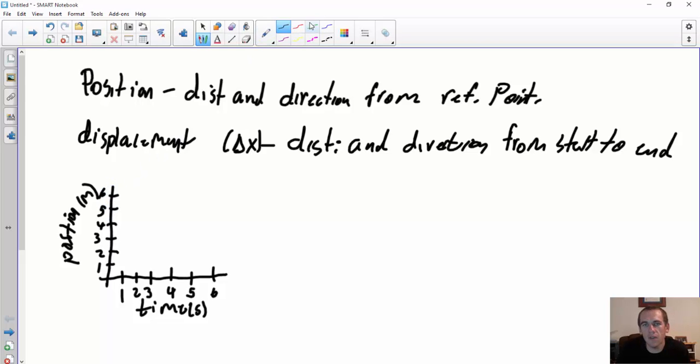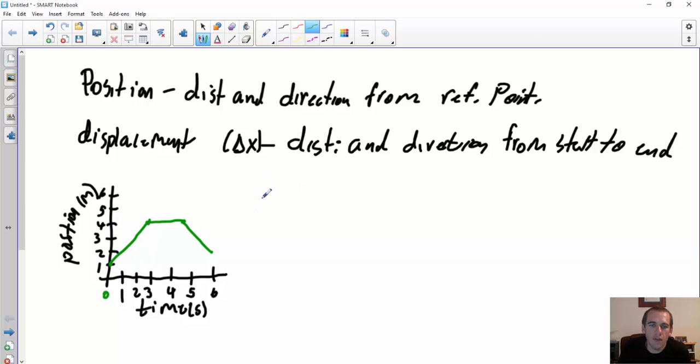Now I'm going to draw a couple different motions on here. I'm going to have one line start here and go up to here, and then stay constant there for a few seconds, and then come back down. So if I have this motion, what does it show? Well, it shows that an object started at 0 seconds. Its initial position was 1 meter in front of the reference point, and after 3 seconds it had moved to